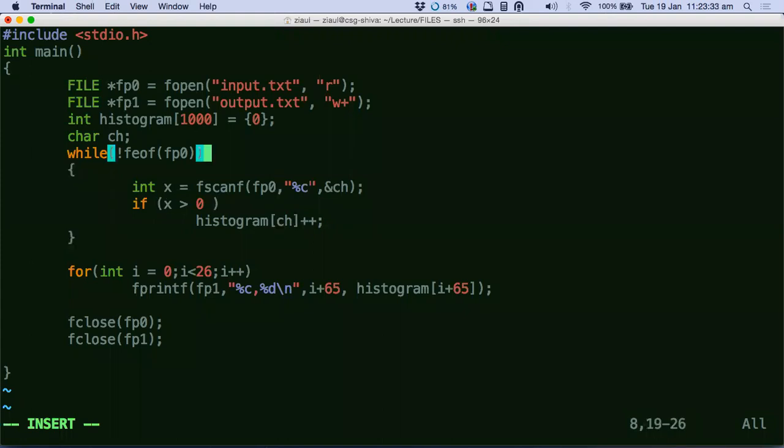Savak is asking what is the point of EOF if you are using if to break inside. Sometimes fscanf might give you a negative value because, let's say, you are trying to do fscanf %s, as in a string you are trying to read, and the input in the file is not formatted correctly and you are not able to read the string. Then also you'll get a -1. But then you are not at the end of the file yet. So I will use EOF in the if condition itself.